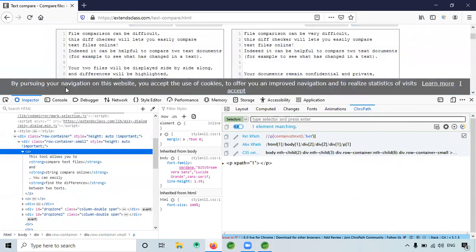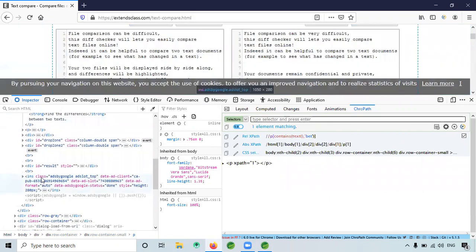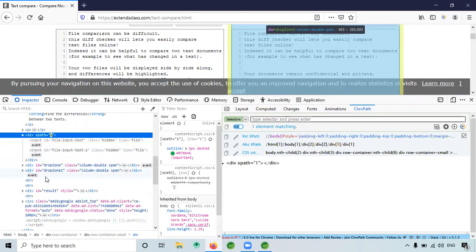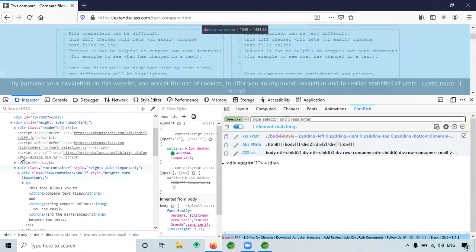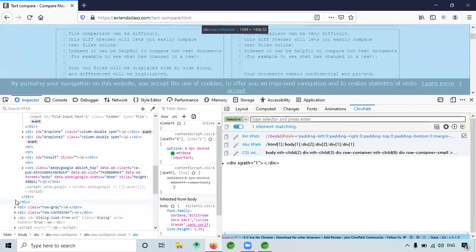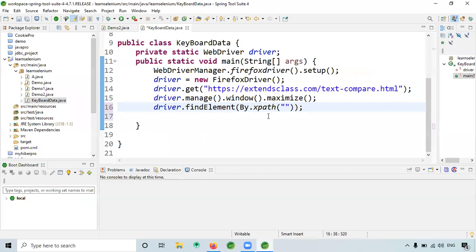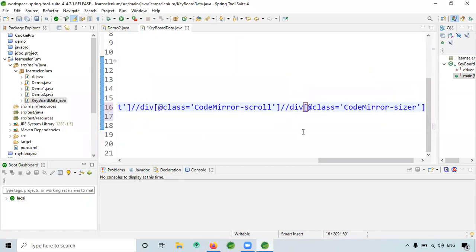If frames were there, we could identify them, as there would be a closing iframe tag.